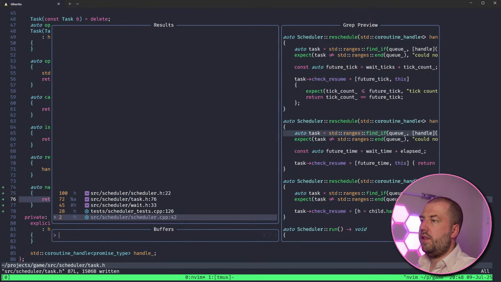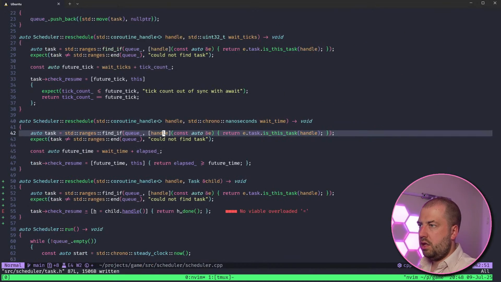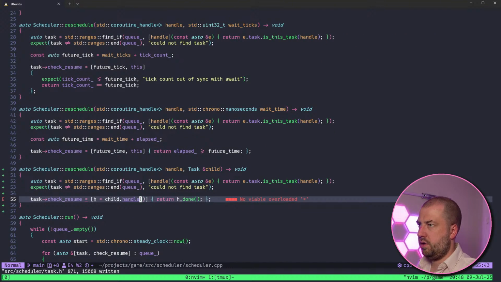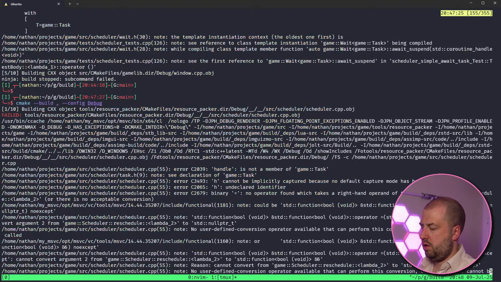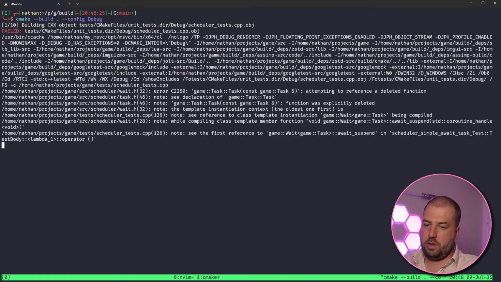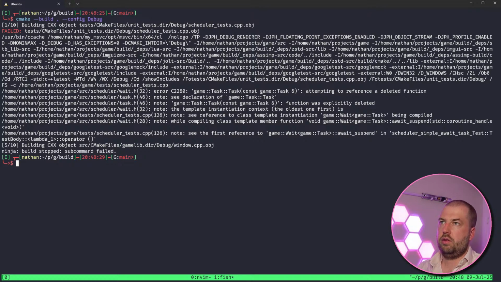And then h equals native handle. That work? It won't. Attempting to refresh.